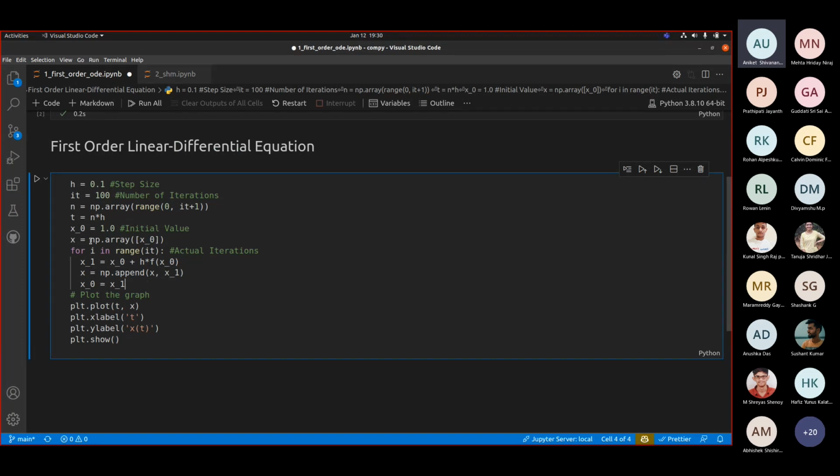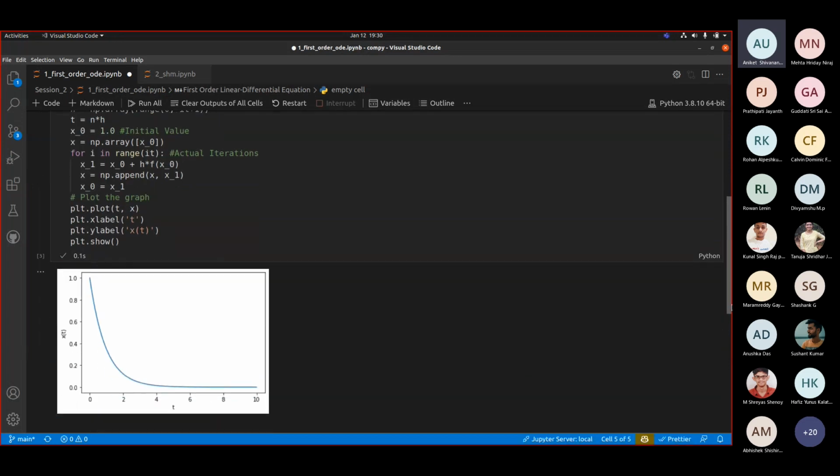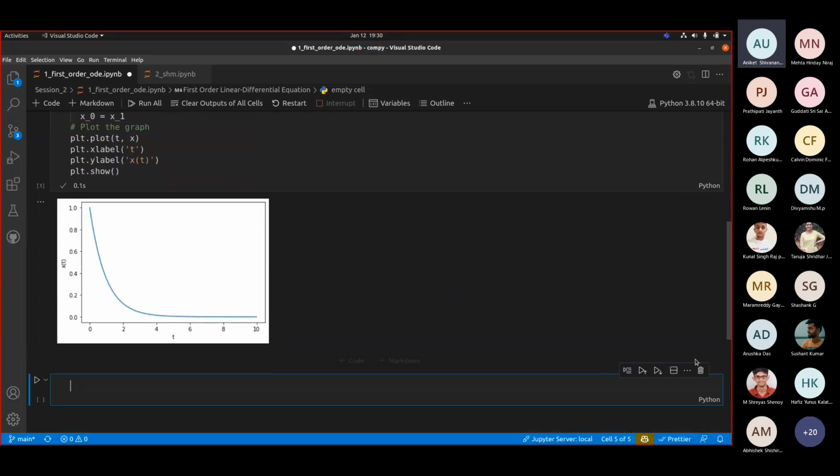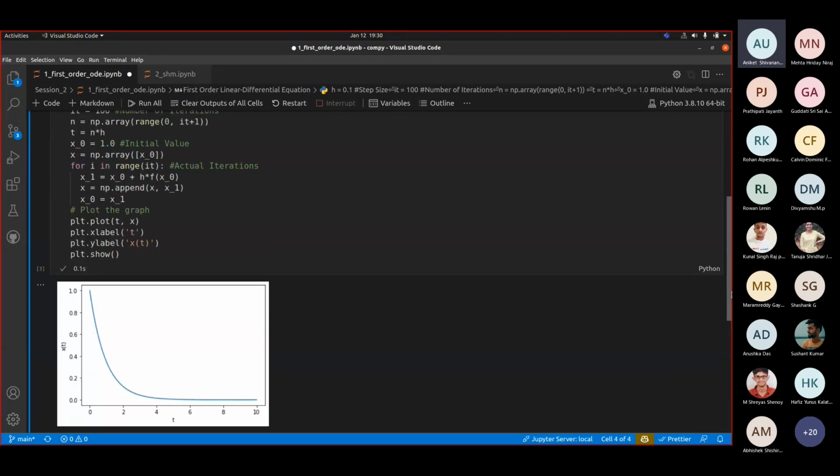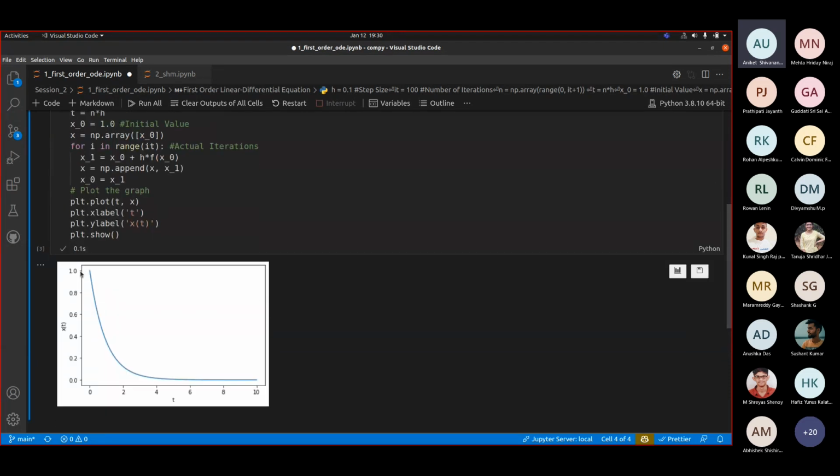Now after this whole loop has run, we have a time array and a position array, and we will plot both of them. What happens when you plot both of them? You can see that as expected, I am getting a declining curve as I wanted. This is how it is for radioactivity. Here I've taken the initial value to be 1, you can also take it as n naught or whatever value you want to give, and it will decline down to 0 eventually.